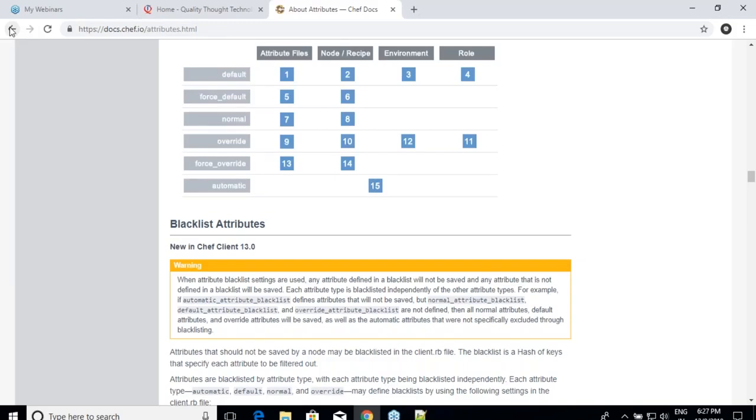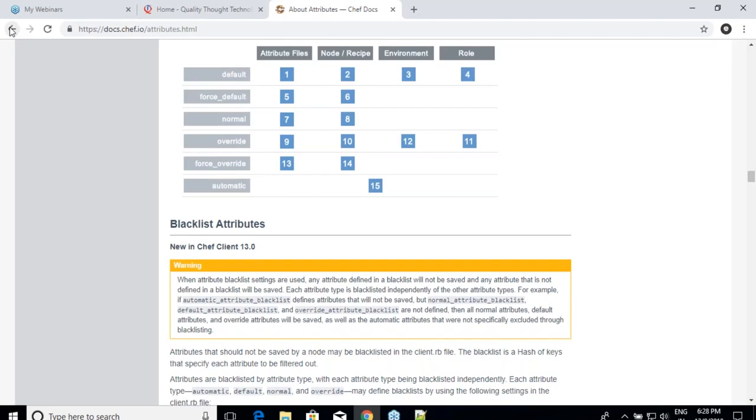Now let us see. Anything with force_ cannot be written in environments and roles. Are you seeing any numbers for force_ in environment and roles? No. Right? So these are all the weights, and these weights come into play whenever you have the same attribute defined at multiple places. If the attribute is not the same, you are speaking about different attributes, then there is no conflict at all. Then there is no need for a table. Let us assume that you have written default of package name equal to Apache 2, and there is no conflicting variable at any place. So it will pick up whatever you have written. But whenever there is a conflict, what should it pick up? That's the whole idea around it. Am I clear on this?